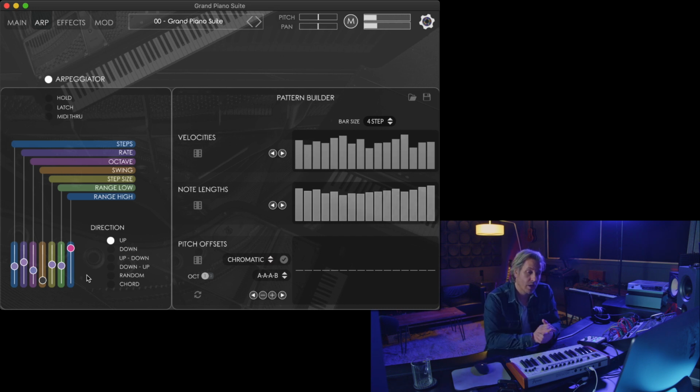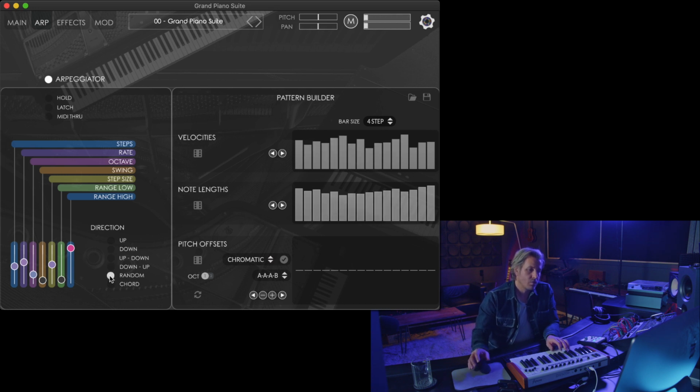So that's a really cool way, especially if you're good at playing piano, you can split the keyboard. The low side with range low, and you can do it on the high side with range high. The direction of the arpeggiator is easy to understand. I'm going to press 3 notes, so it's just going to go up. If I switch it to down, it's going to invert that, and if I go up and down,